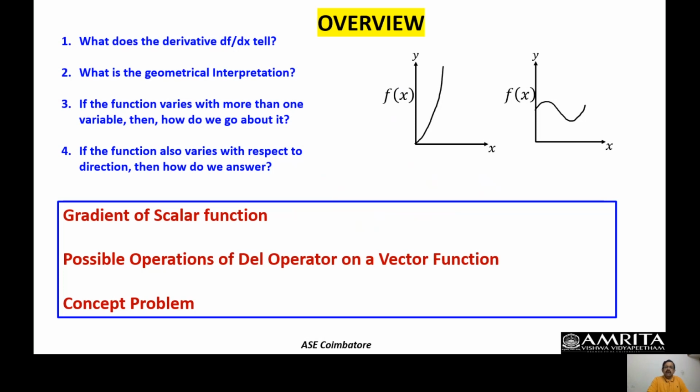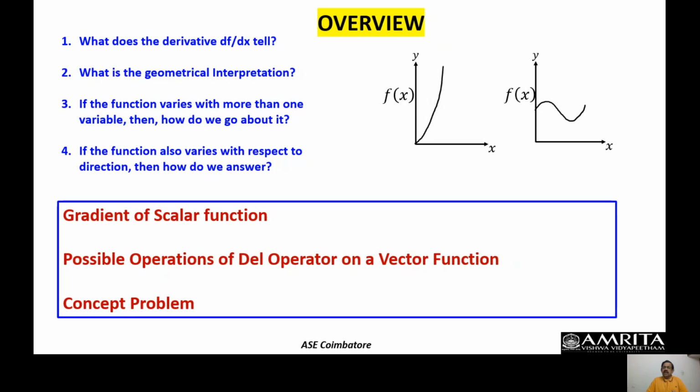in operating on a scalar function or a vector function. So these two things, and the final comment on this is, what are the possible operations of the del operator? Del operator can act on a scalar function merely just like a multiplication. It is not multiplication, rather it is acting on a scalar function. Similarly, on a vector function, you will see that I told you that it mimics a vector in every possible way. Therefore, on a vector function, it can either operate in dot fashion or in cross fashion.